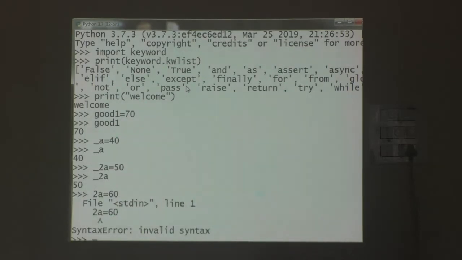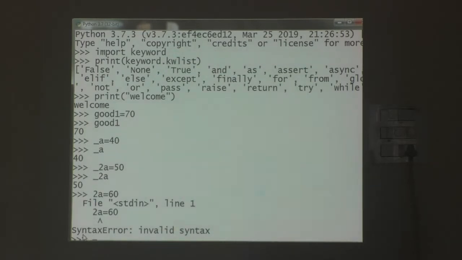See, invalid syntax. Why? Here 2a is an invalid variable, because when we are declaring a variable, we should follow the rules of the identifiers.